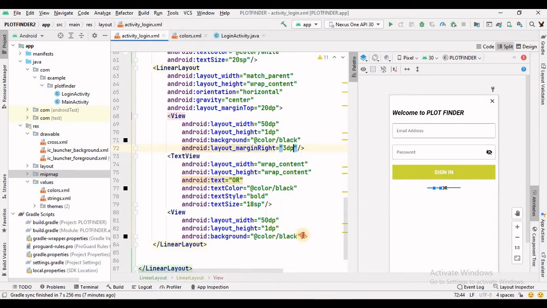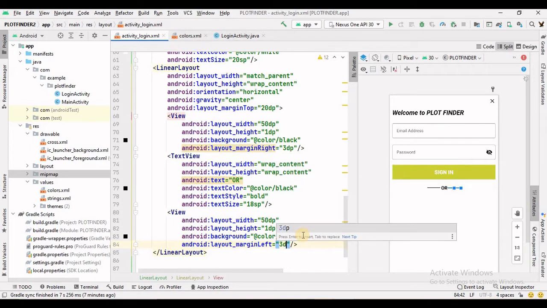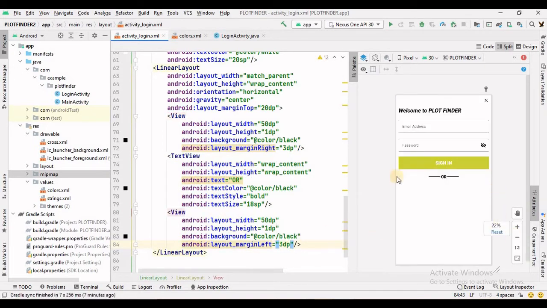Give this view margin left 3 dp. Okay, now check. Yeah, it's going fine. So below this we have to add